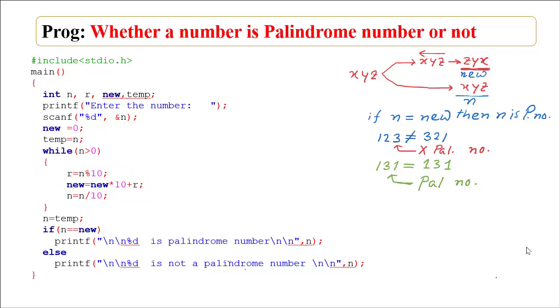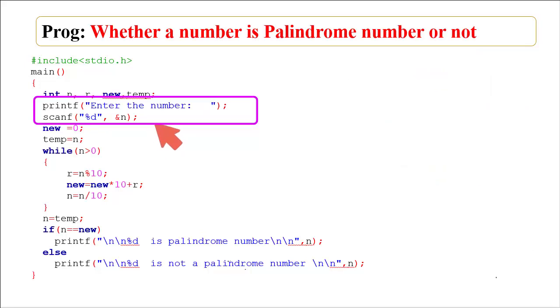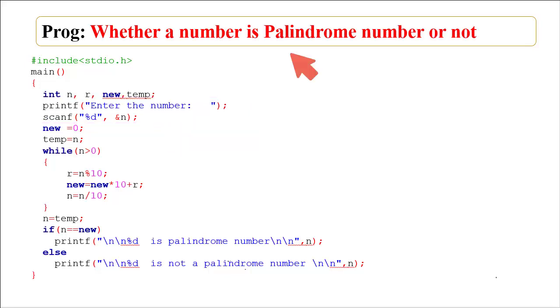Now how this can be done, I am explaining with an example. These two instructions, printf and scanf, have been used here to take the number from the keyboard, which will be checked whether it is a palindrome number or not. That number has been stored into a variable, say n.